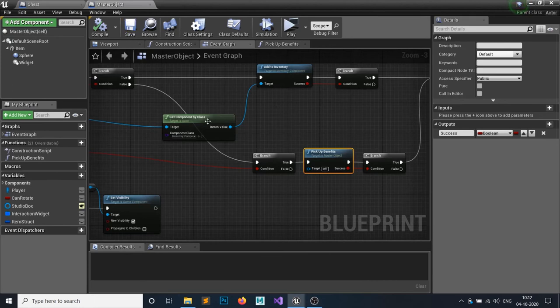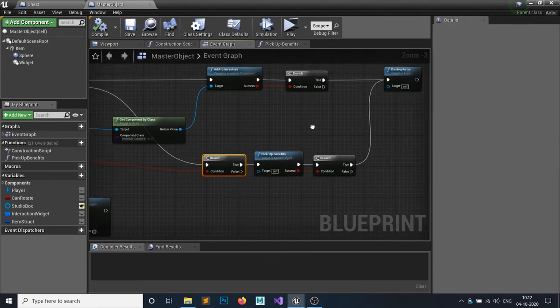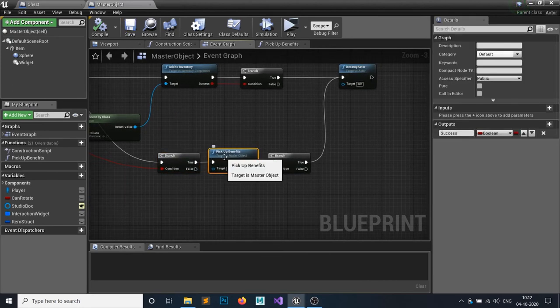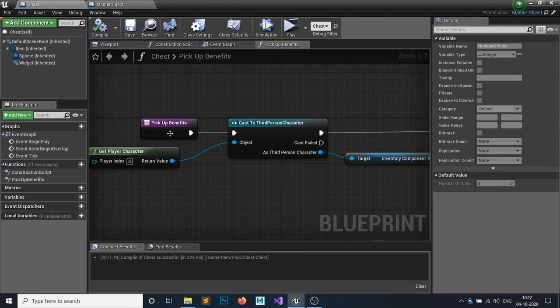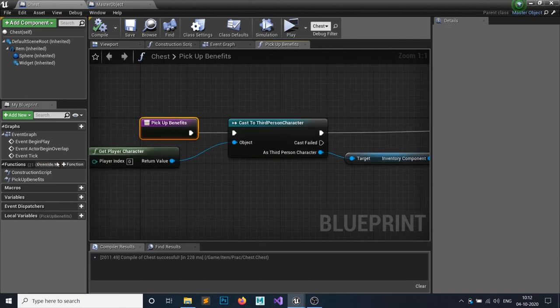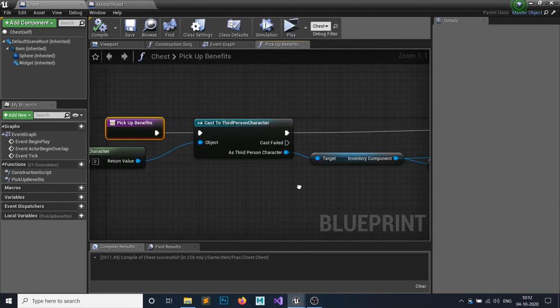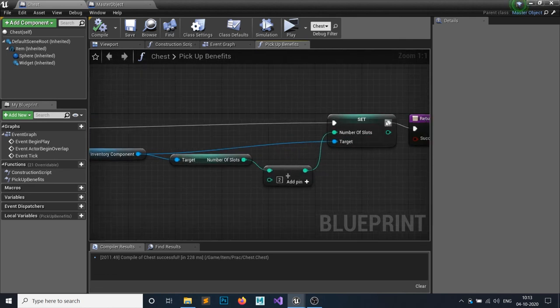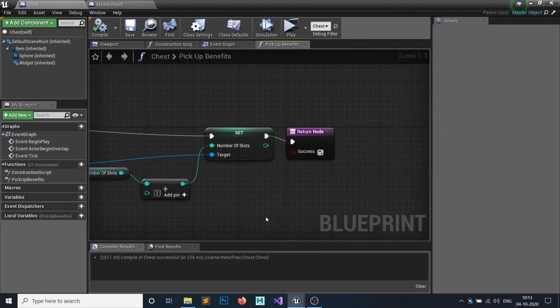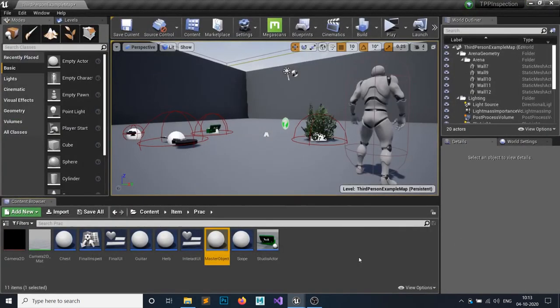So whenever we pick up, if it's pickup beneficial, it will call the pickup benefits function, not in your master object, but the child overridden function we have just overridden. What this function will do is add 2 more slots to your inventory and return success. Right now we have saved this.